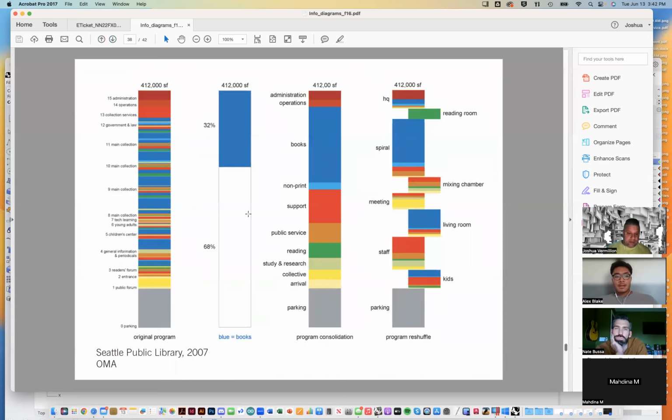This is a really famous example. This was named the number one building project, number one piece of architecture from this decade. Seattle Public Library, also by Office of Metropolitan Architecture, obviously in Seattle. So this was the idea. What they did is they